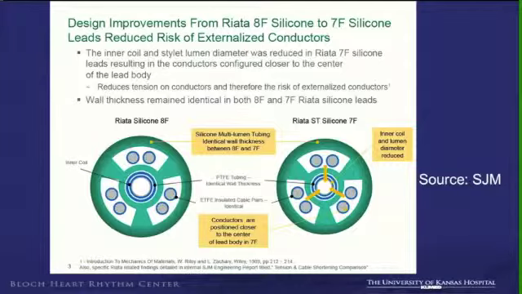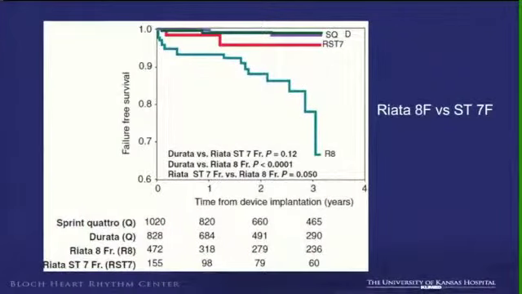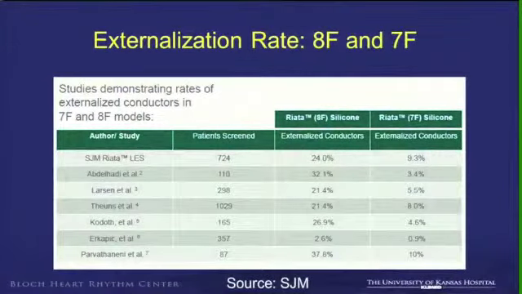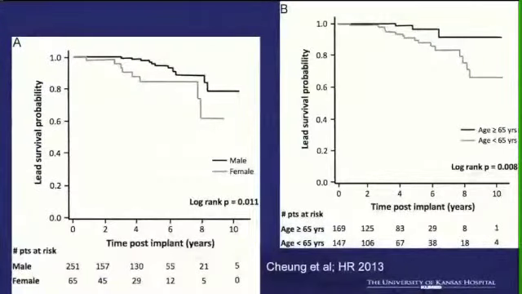I could say it is because till now what we have seen is the ST leads. In the next slide, the ST leads have lesser externalization, even adjusting for the age of the lead. And these are the different studies reported till date. Some studies have a lower rate because of the methodology, but on average, between 20 to 30% externalization rate. Now, are there any predictors?